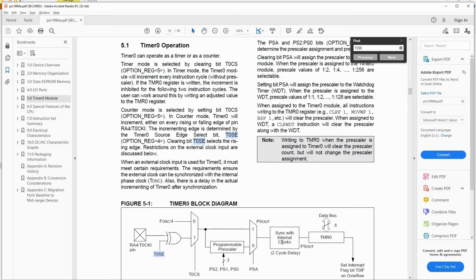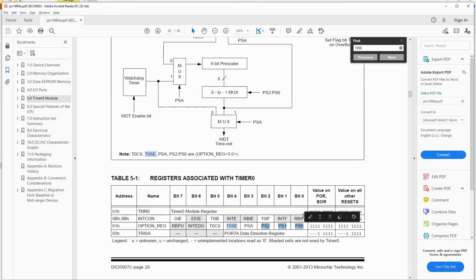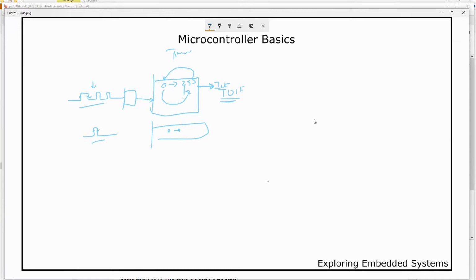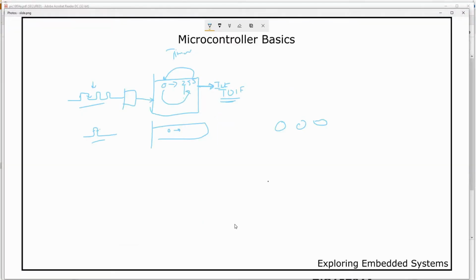We are going to assign the prescaler to Timer 0, and these 3 bits decide the factor of division. 0, 0, 0. This is the lowest bit, PS0, then PS1, PS2. The division factor depends on them. So this is divide by 2.